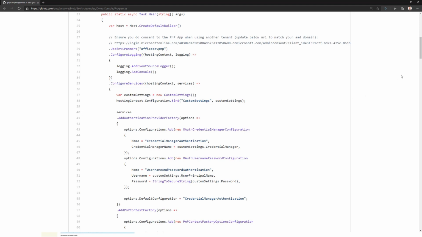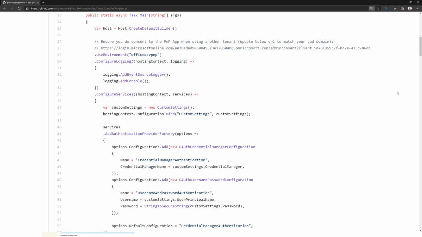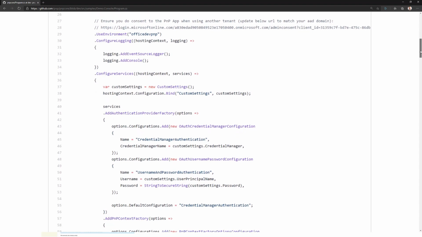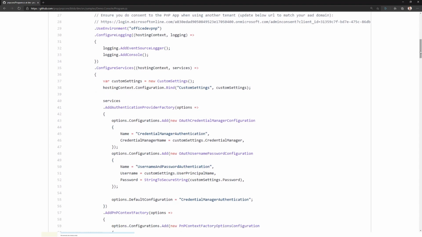Some of them are custom services, like a service for authentication, another one to get an object that we call PnP context, which will be the evolution of what we were used to calling the context in the CSOM world, but it is a bigger context because it can give you access not only to the SharePoint Online part of the story, but also to the whole set of workloads that we have in Office 365 and through Microsoft